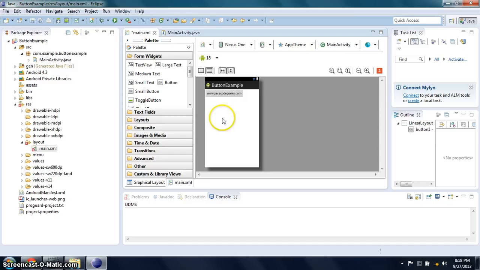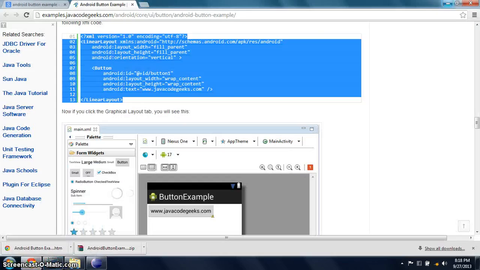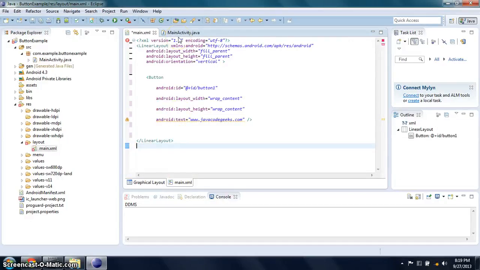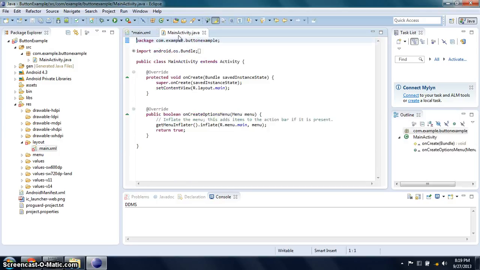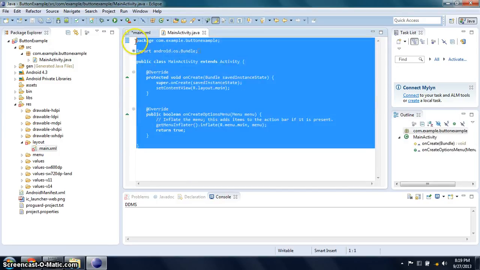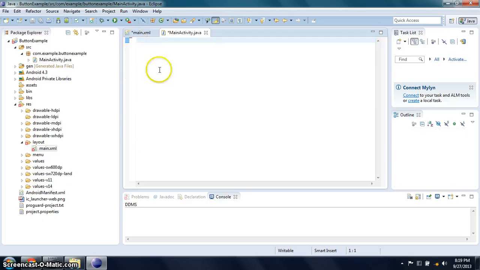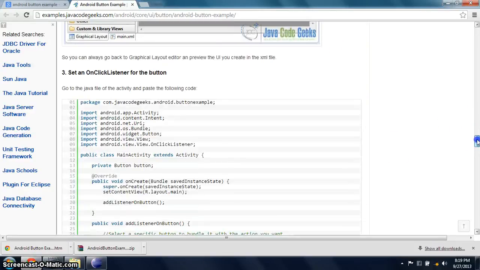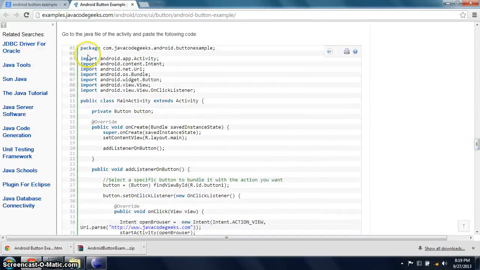Next, go to the Java file of the activity and delete this code. Then I have some code that I've downloaded from the internet. Just copy this one.